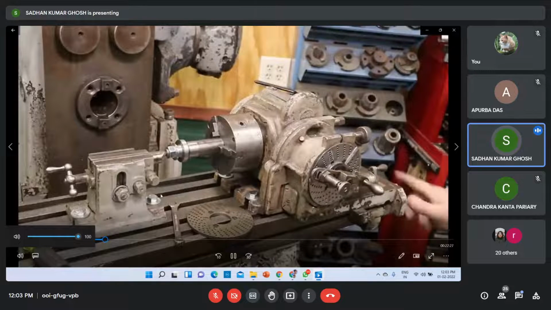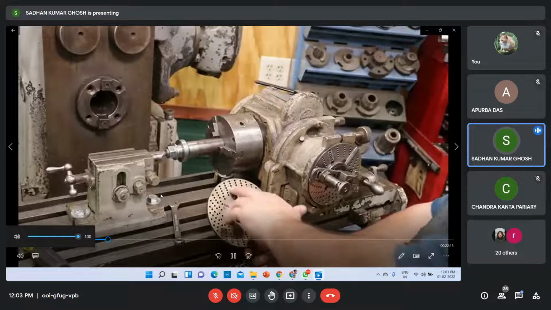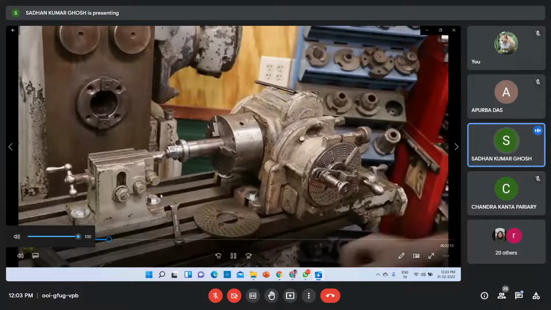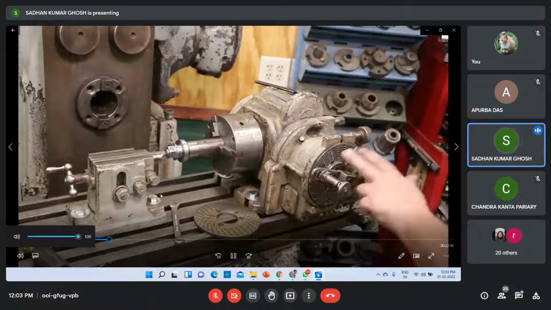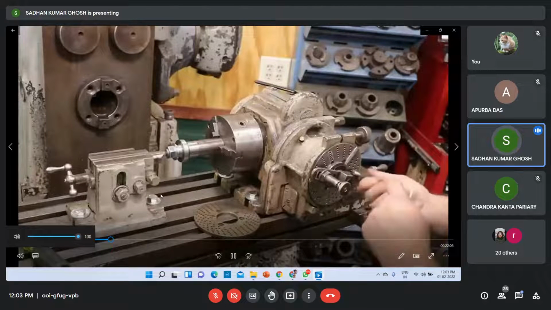Next thing we need to do is get the right index plate in here for cutting 27 teeth. I went and looked at my chart, and the one I need to do that is actually a plate that has a 27 hole pattern in it. So I got a 27 on this one. The one that's in here is not a 27, so I need to change these plates out real quick. So we'll just take this apart and do that.